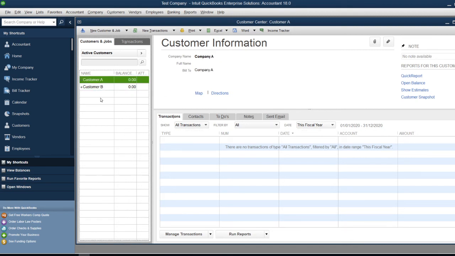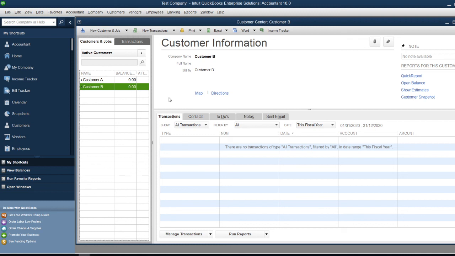You can create invoices for these customers, you can receive payments from these customers, and you are going to see how you can do that in later tutorials when we start generating invoices and receiving payments from customers. But for the time being, because we don't have any transactions, there's nothing much you can do in the customer section here. So I just wanted to show you how to create customers in QuickBooks.